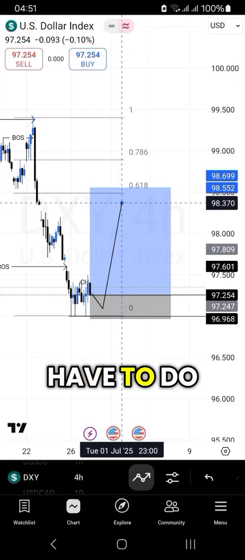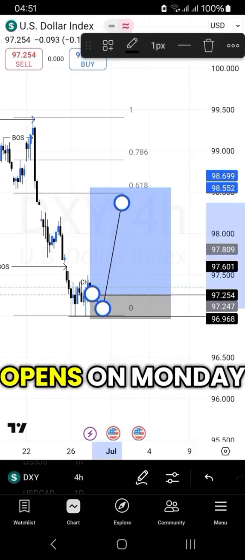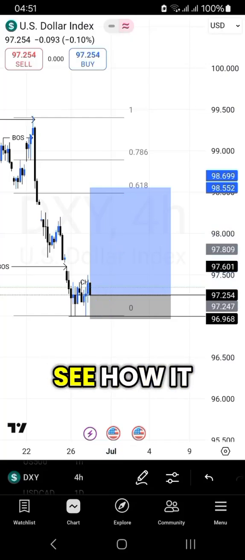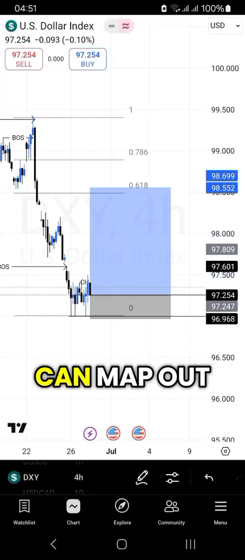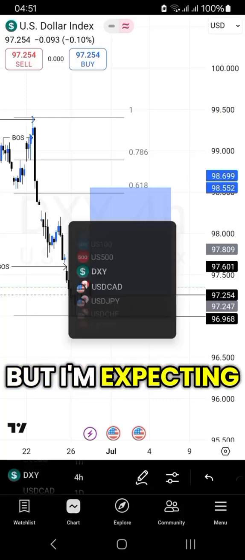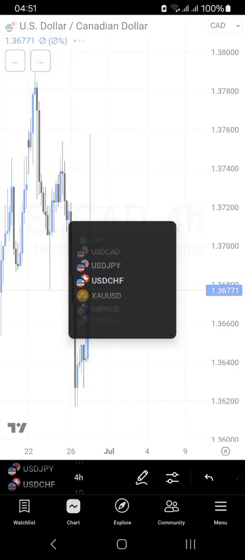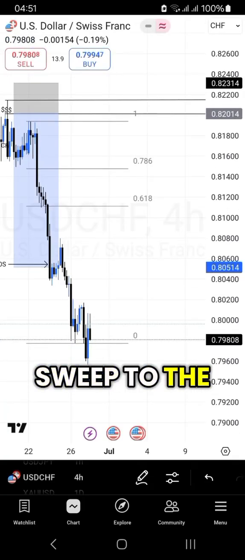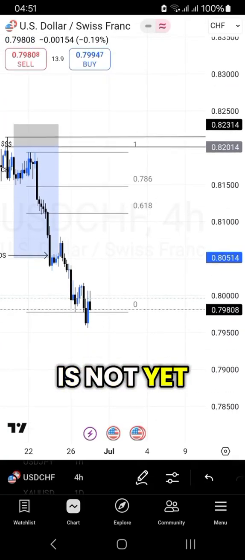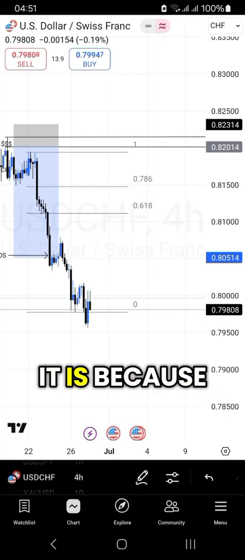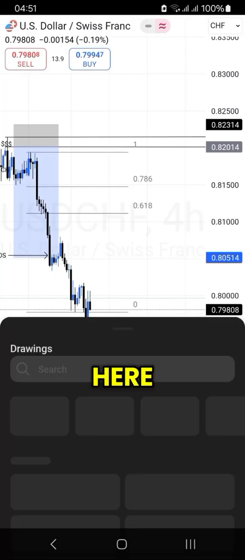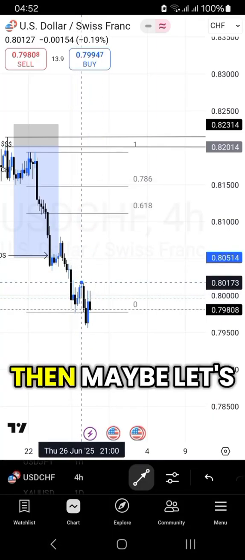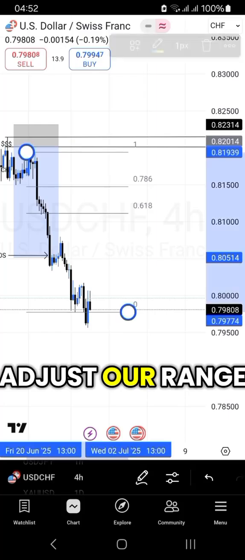So all we have to do is wait and see how price opens on Monday, and then we will see how it reacts, and from there we can map out our trades. But I'm expecting anything from here to see a sweep to the downside. So this range is not yet solidified, or maybe it is because of this sweep here, because of this return to the area around here. Then maybe let's adjust our range